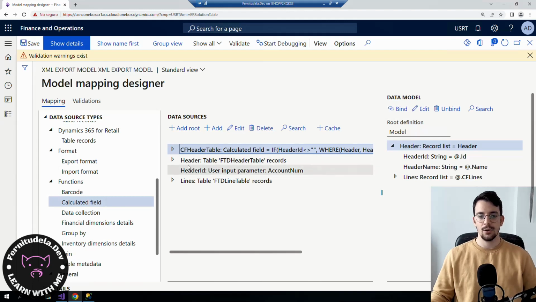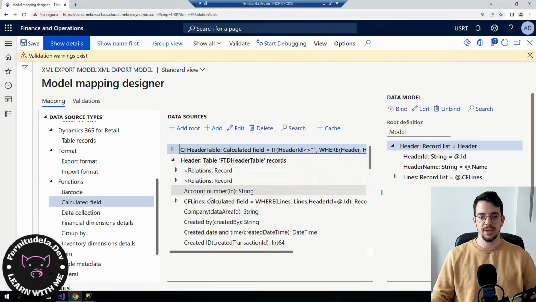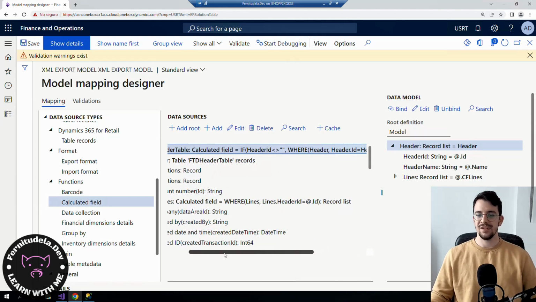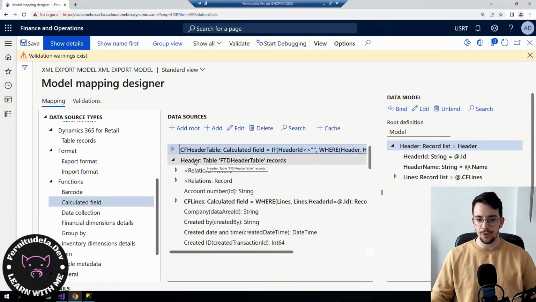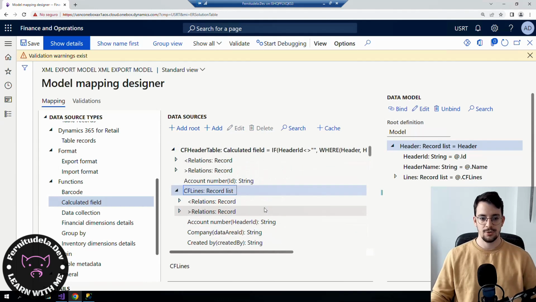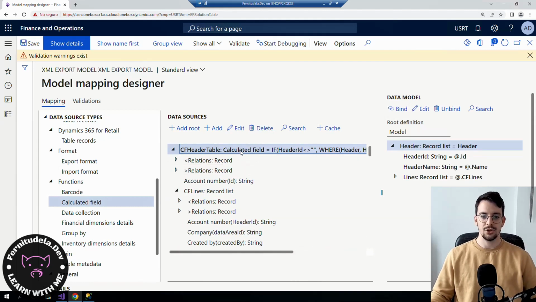Also, in the other videos we saw how I calculated this calculated field filtering the lines. This calculated field that I added before in the header is going to travel to here. So now we can change the old header that we were using here by the new calculated field header table that is going to be filtered,